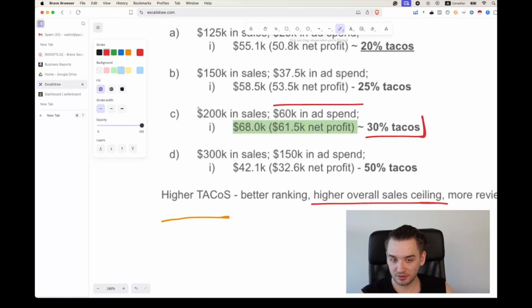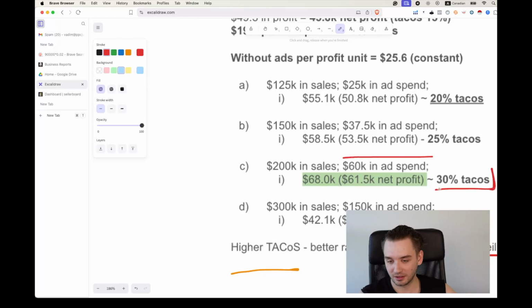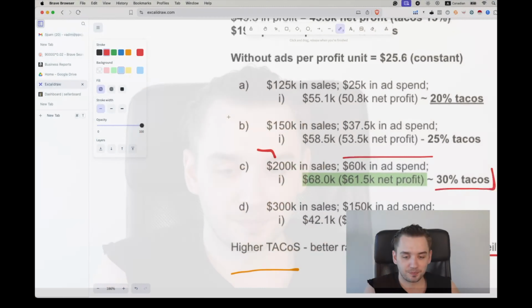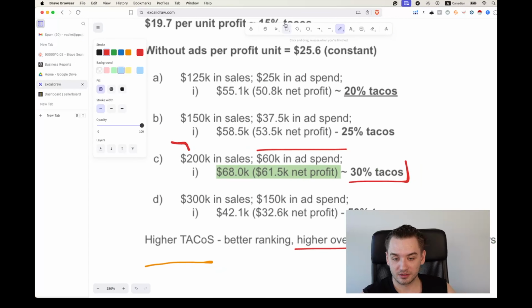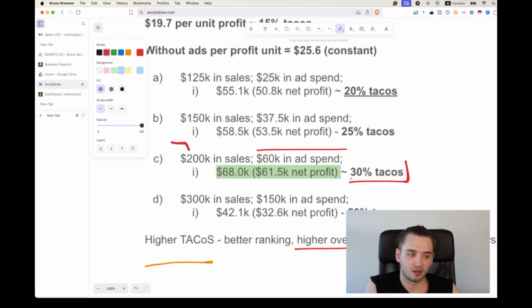Most likely when we spend this much, and like I did say, this number controls these dynamics, we will just get a lot more in sales, and it's going to be physically hard to even reach this ceiling. So I want you to be open-minded and not have that notion of, okay, if everyone is targeting 10% TACoS, that works for me. Sometimes it doesn't, and you can make more money by just spending more on ads. Like in this example, I think the sweet spot is going to be around 30%. 35% is just running on the edge. And that relationship between risk and reward changes, it's shifting towards more risk.